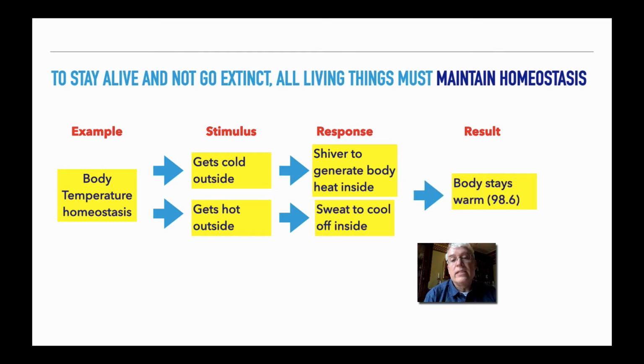The result of these two things working together is that your body can maintain a body temperature of about 98.6 degrees Fahrenheit. Now, of course, there are other responses. If you're cold, you may put on a coat. If you're hot, you may take off the coat. But these are two biological responses, okay? The response of shivering and the response of sweating. These are two things that your body is doing to maintain a homeostatic body temperature. Okay, so temperature control is our first example of homeostasis.